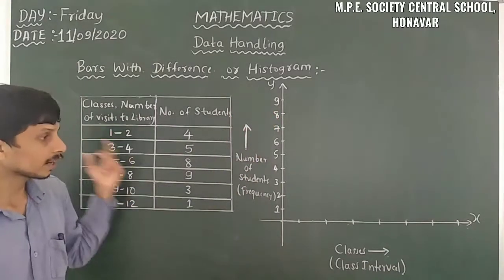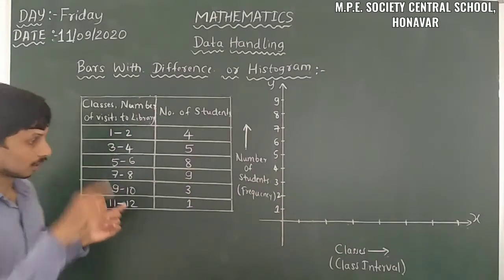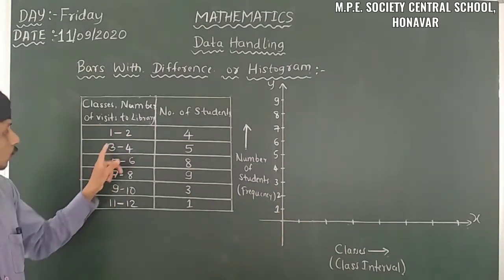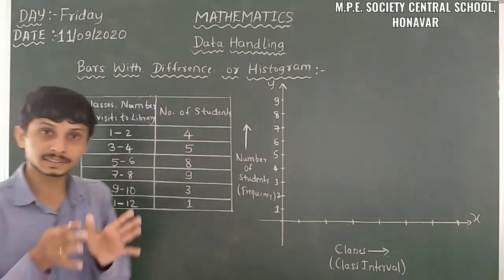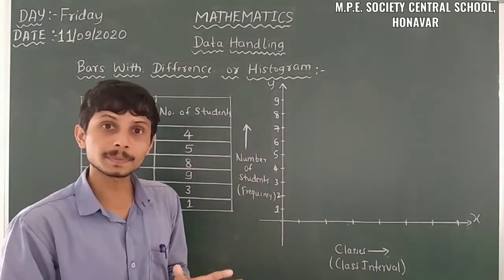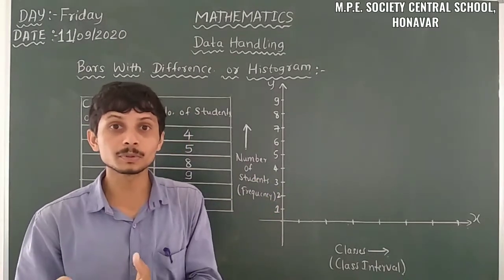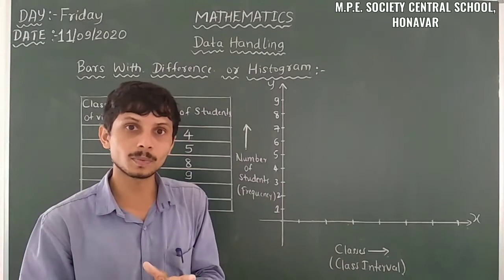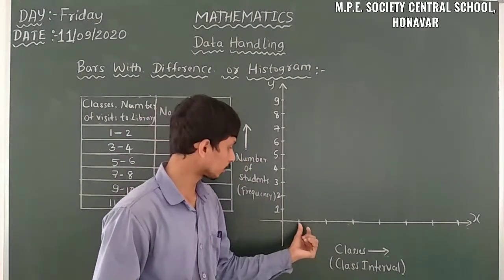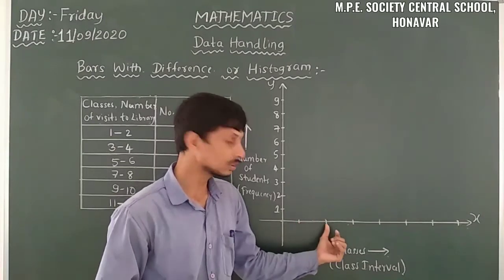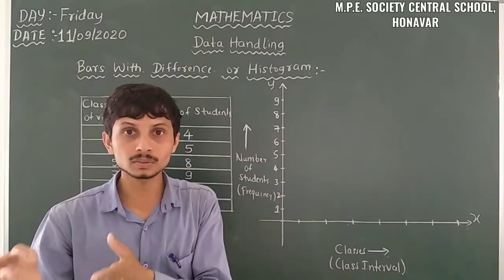And then we have to assign the coordinates of the x-axis. Here, what are there? 1 to 2, 3 to 4, 5 to 6, 7 to 8, 9 to 10, 11 to 12. So that means it's a histogram, the bars representing each class interval, but there is no gap between any two bars. So that's why we have to take this complete bar, from this line to this line, as a complete 1 to 2. Likewise we have to take.